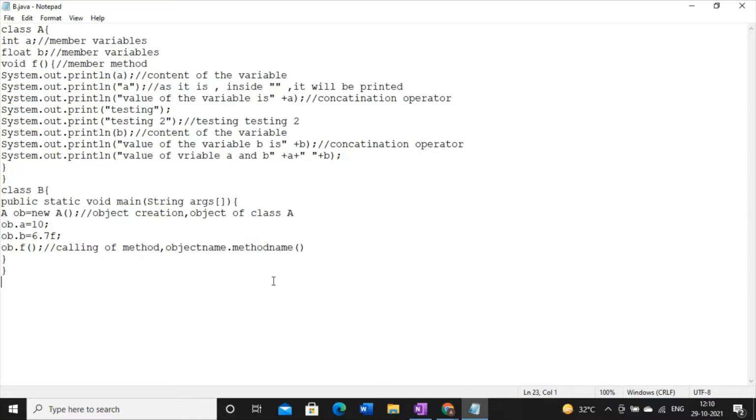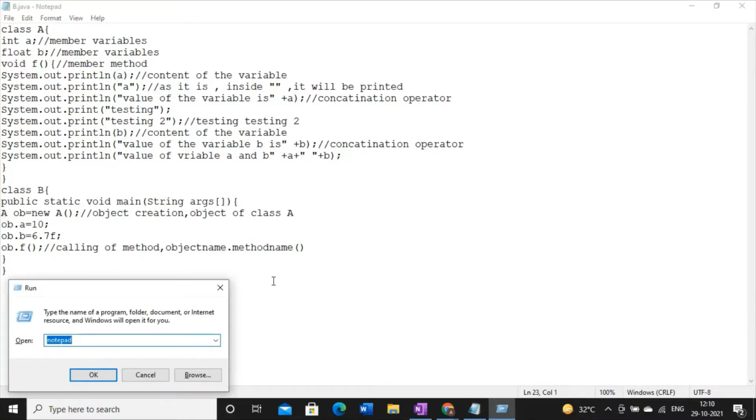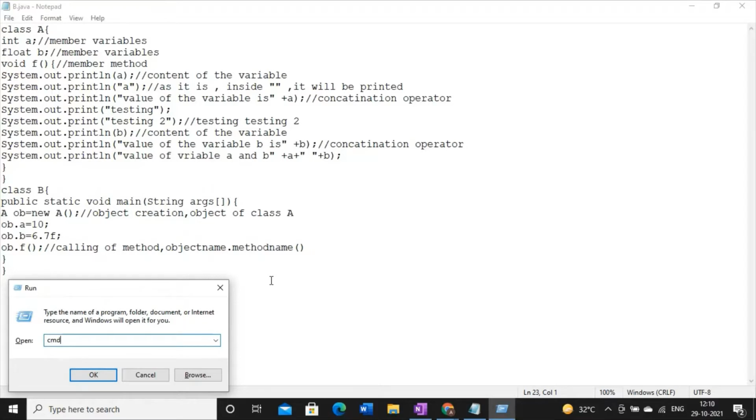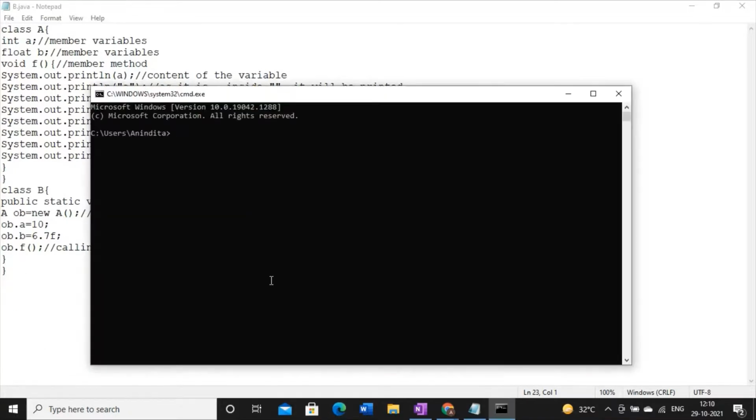Now how to execute this code? Just press the Windows key and R, or you can go to the command prompt directly. Windows key plus R, then CMD. CMD stands for command. See, now I am here, user and Anindita.